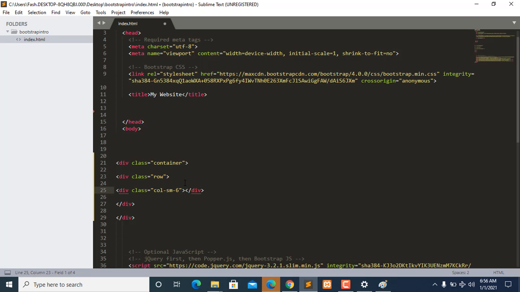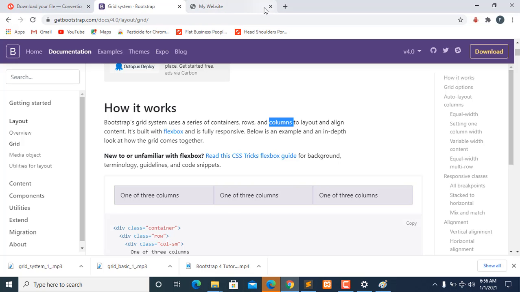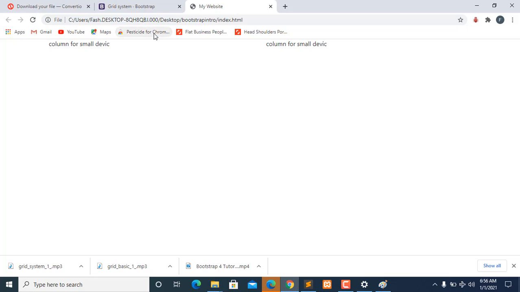So I'm working on a small device right now, so that's why I pick SM. I just want to say column for small device. All right, so I can decide to copy this and paste it at the bottom. You see, it's going to actually be divided into 2. So if I save it and let's go check our website, a boring website, but don't worry, it's going to